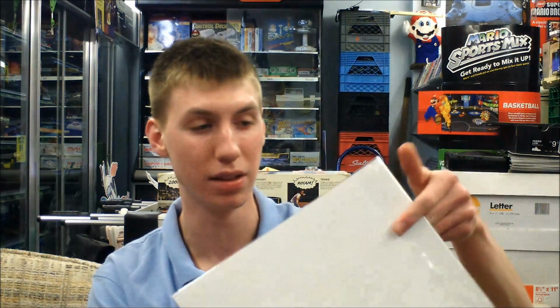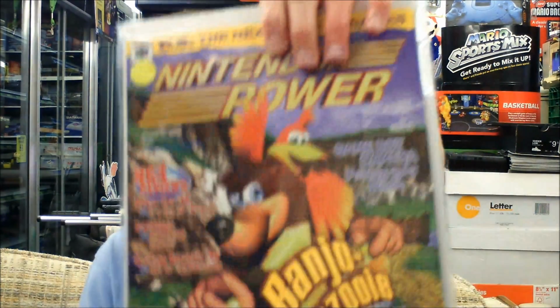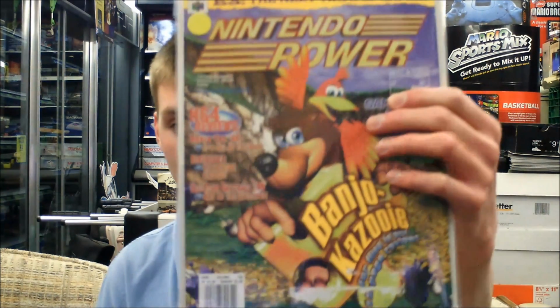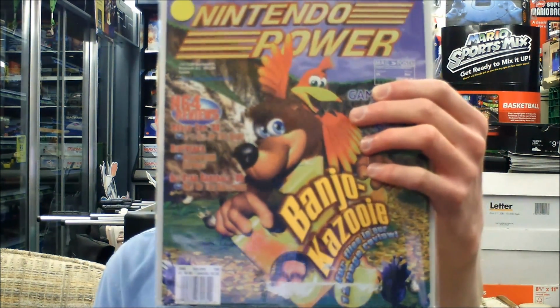I'm going to be putting it on the shelf with the rest of them. I just thought it was kind of neat that it came in this. I've actually already taken it out, but it sealed up easily, so I put it back just because I thought it was kind of funny. But Banjo-Kazooie, I also had to pick it up because it is volume 109, and it was really funny because I had all of the volumes surrounding it. I think I had 106, 107, 108, and then 110, 111, 112, but for some reason I was missing 109, and since it was Banjo-Kazooie, one of my favorite games, in case you didn't know, I definitely had to